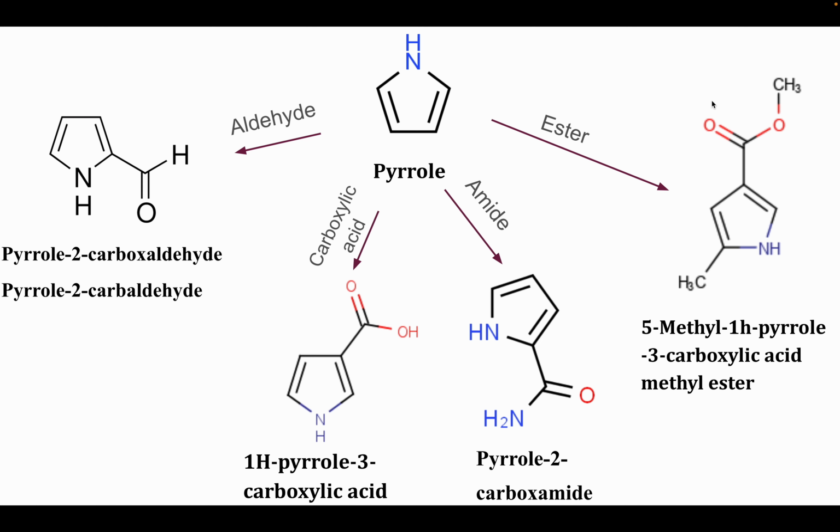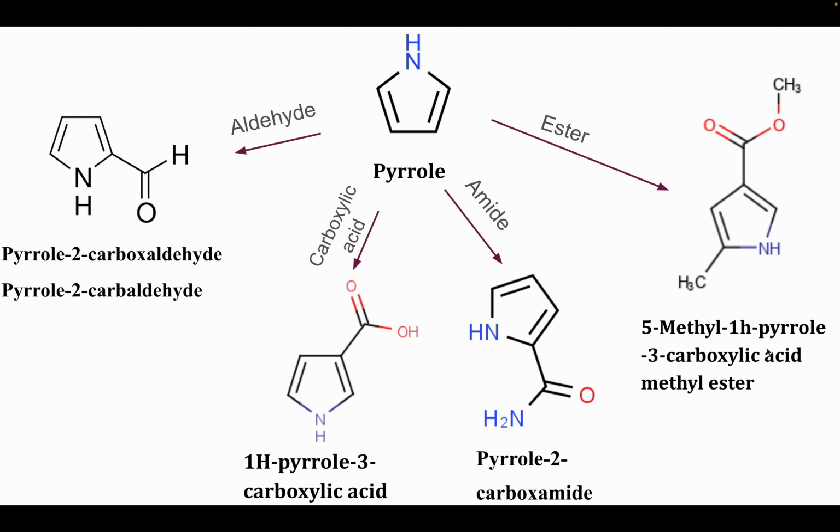The functional group is ester, and usually we mention that here it is a methyl ester. R1 is methyl, and the heterocycle is on the other side, R2 is the heterocyclic system. So you will mention methyl ester,